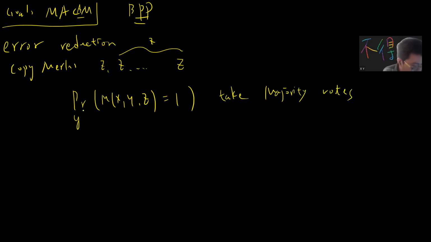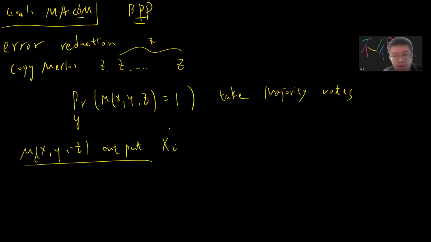More precisely, you can say this algorithm outputs x_i. Let's say you do a lot of rounds, with each round from 1 to 2 up to maybe n, and M outputs x_i. So x_i is a random function, so you can take